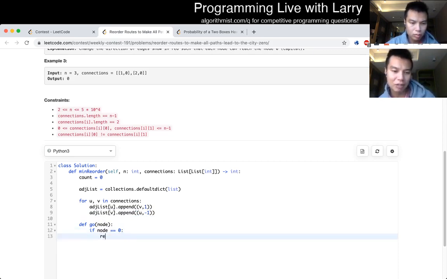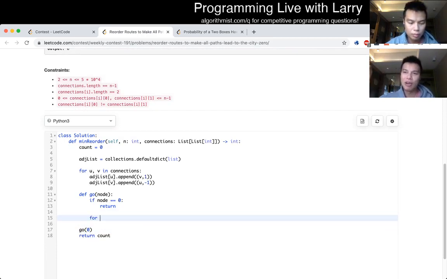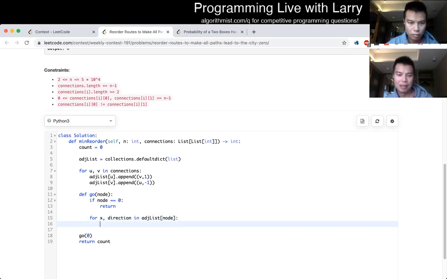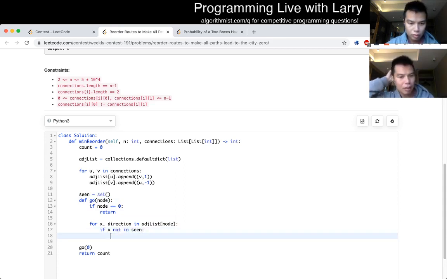So I have this base case where if node is equal to 0, we return. This doesn't really make sense, because I changed my mind. My base case was going to be that for every node, we try to go to node 0 and change paths along the way. But I think I changed the way that I was thinking as I was typing it, and then I didn't change the base case, so it doesn't really make sense. But yeah, basically the idea of what I'm doing now